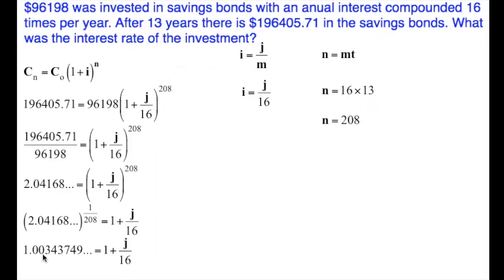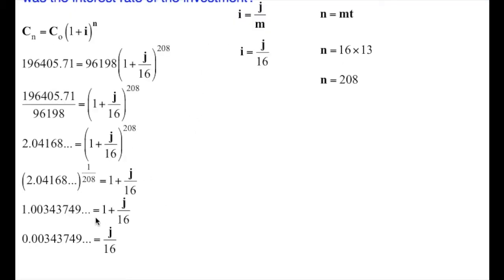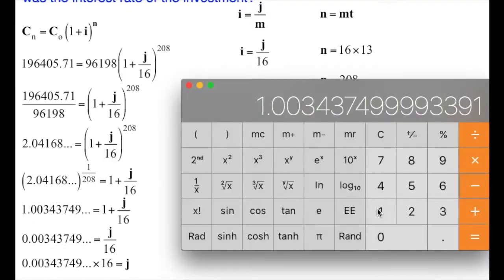1.003437499999. I'm going to subtract 1 from both sides. We end up getting 0.00343749, it goes on forever, is equal to j divided by 16. To get rid of the 16, which is dividing the j, I'm going to do the opposite. I'm going to multiply both sides by 16. When I multiply the right-hand side, it cancels. When I multiply the left-hand side, we get, subtract the 1, and then times 16 equals